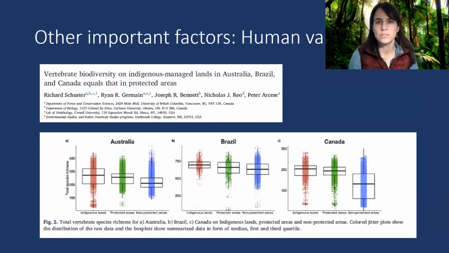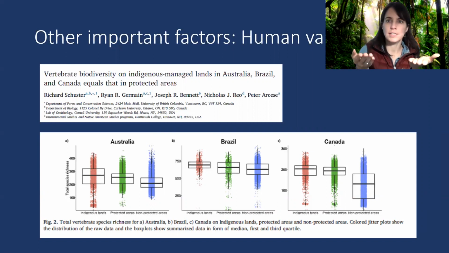And then other important factors are human values, right? So this is the last slide I want to talk to you about because you're going to watch a couple of videos on this. But basically, when you go to protect an area, to pour resources into protecting that area, it's important to think about, maybe all other things being equal, like species diversity, species richness, irreplaceability, vulnerability, those things are all the same. But if one of those areas has a strong importance to indigenous or non-indigenous cultures, then you'd want to protect